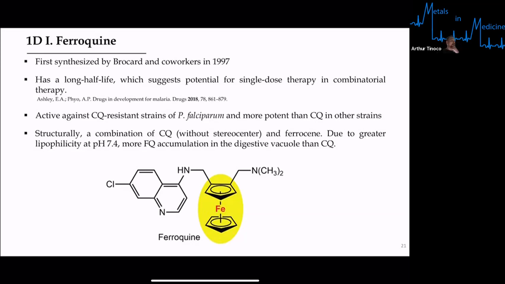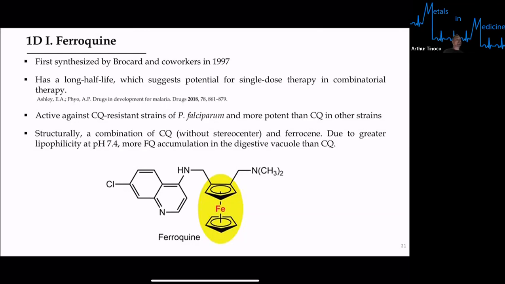So ferroquine, and again, that's taking the quinoline moiety, combining with the ferrocene moiety. So this was first synthesized by Brocard and co-workers in 1997. It has a long half-life, which for the purposes of administration, could suggest in this study, the 2018 study, that it might be something you could dose in a single dose of therapy in a combinatorial therapy. So I didn't really give the context of what it was being combined with, but the key thing